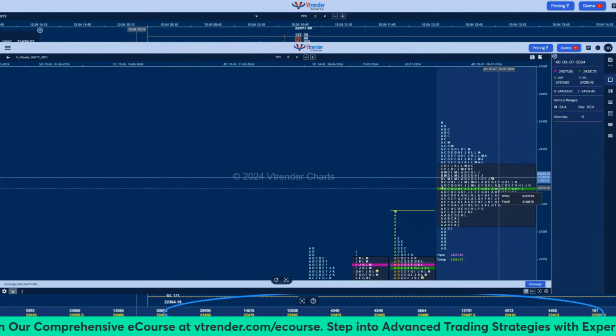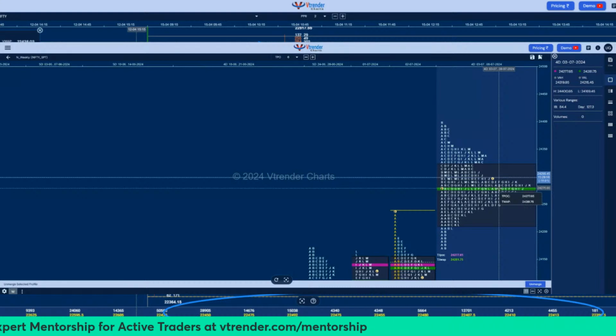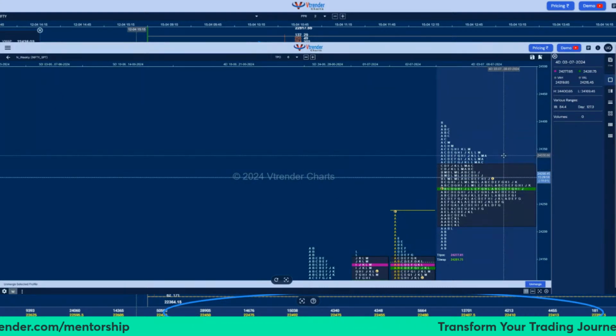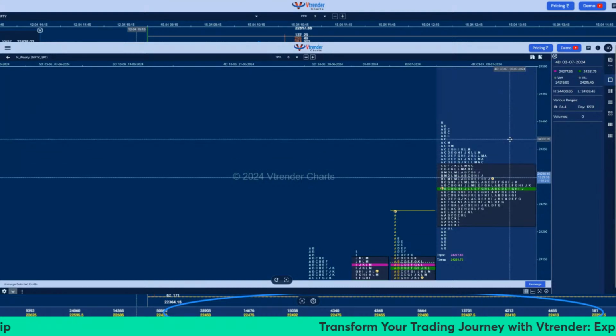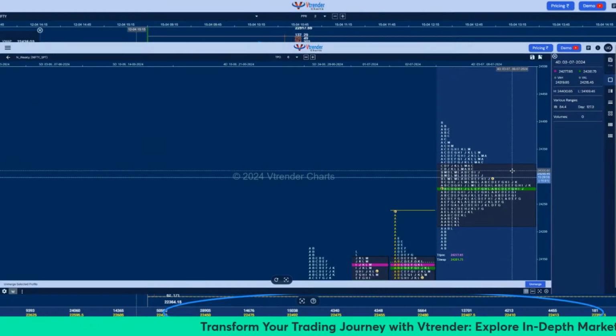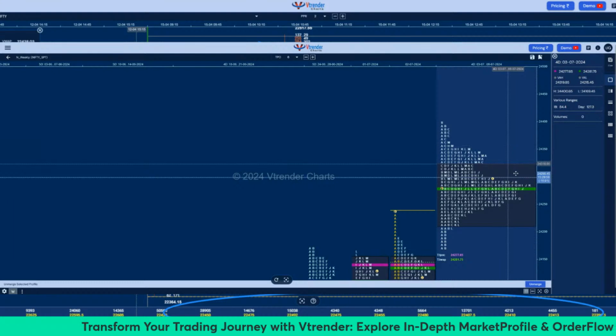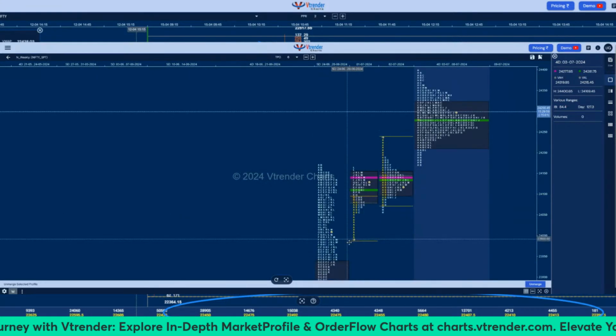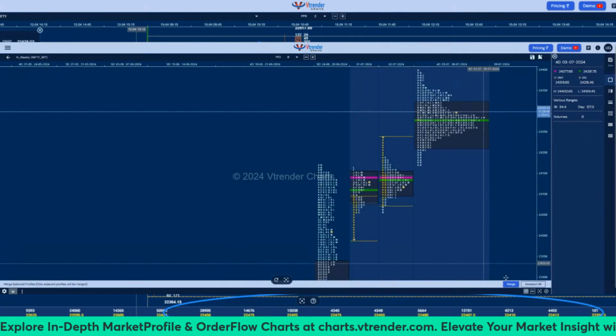Because the market is in a narrow range balance, we expect that the balance will continue unless we get a signal in live market that it is ready to move away. How do we get the signal that it is ready to move away? If we get an A period buying tail at the value area high, that will be our first signal. That is telling us that the initiative move is coming from above this value, or if we are getting a selling tail below this value area low. And as I had spoken about last week, first 2 days being a 313 balance, we can also see,